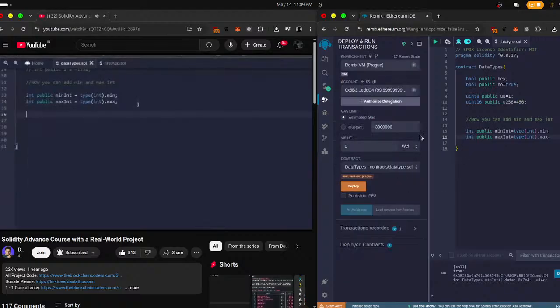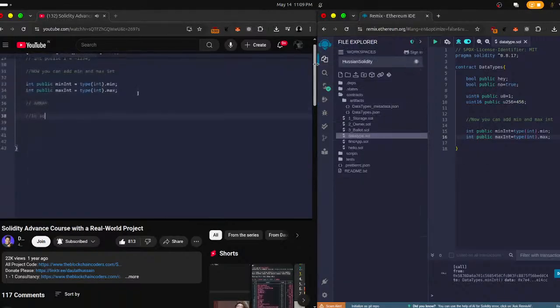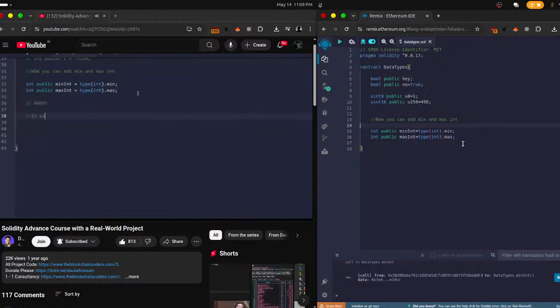So the second data type we have is the array. Okay, and just like other programming languages like C, Python and JavaScript, we also have arrays in Solidity smart contracts. So let me give this comment. In Solidity, the data type bytes represents a sequence of bytes, and generally